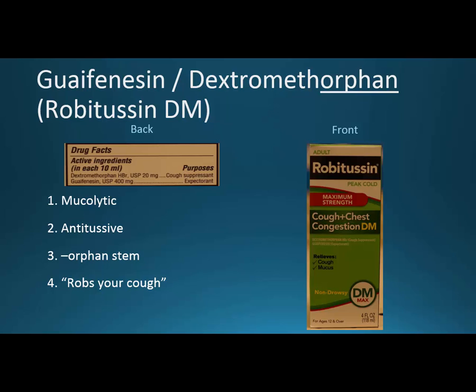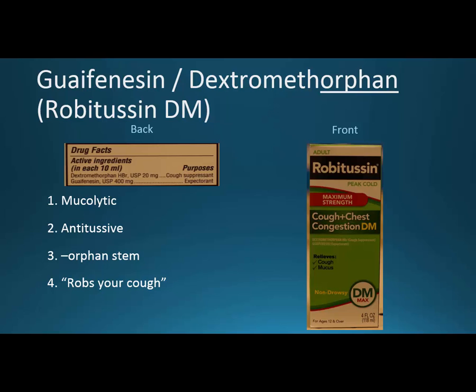You might recognize it from the, I don't know what his name is, but there's this green blob-looking thing, I think it's Mr. Mucus or something like that. And that's guaifenesin. That breaks up the mucus. The dextromethorphan is meant to stop the cough. So if you break up the mucus and stop the cough, the idea is that we can relieve the patient's